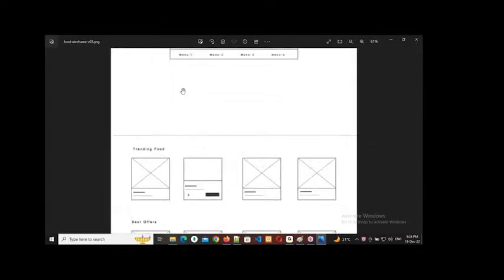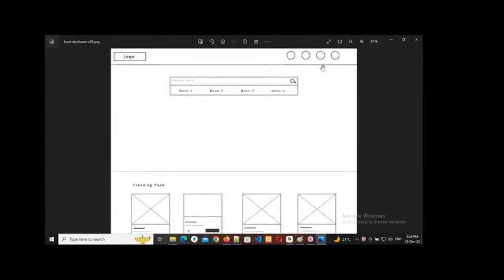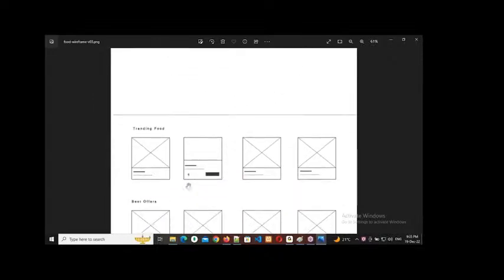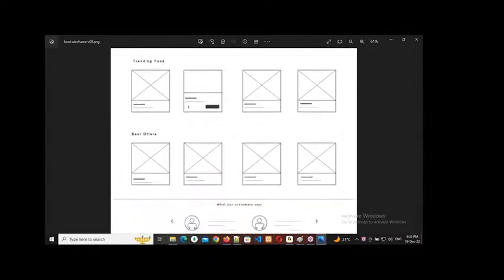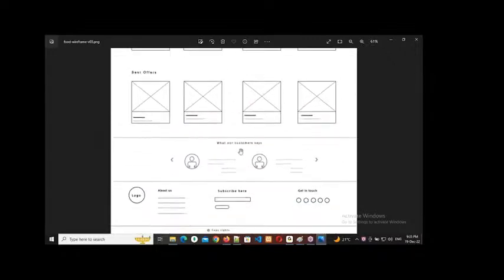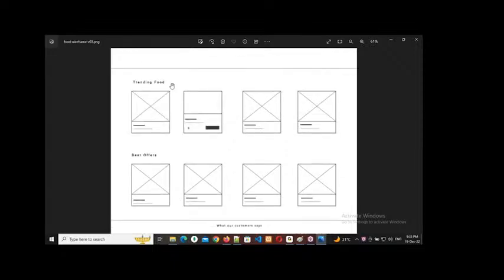See it, everybody? Coming right, everyone? Hello? See it? This is the logo, this is the plan. This is the header part, this is the menu part, and the search area also, and this is the food products part. Okay, right, and this is the reviews part, and this is the footer part, like this. And then after